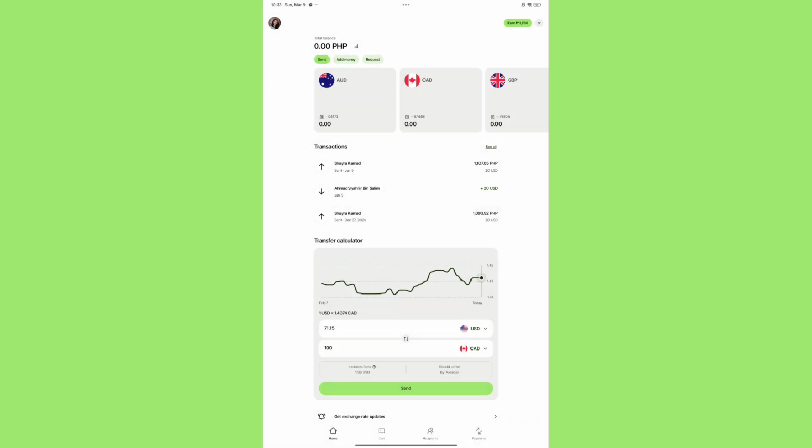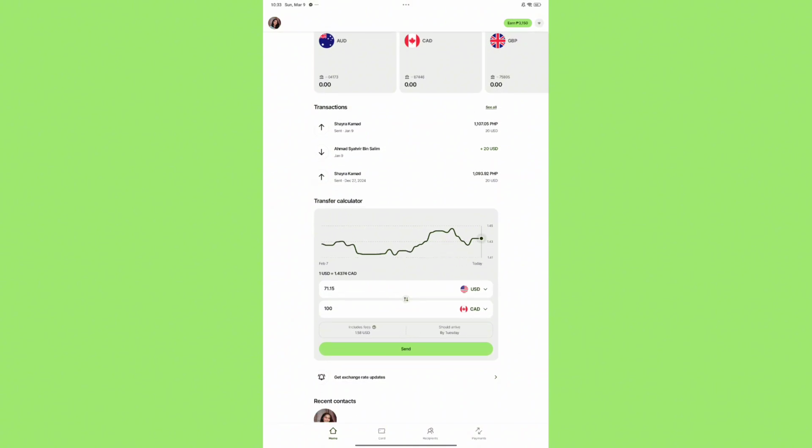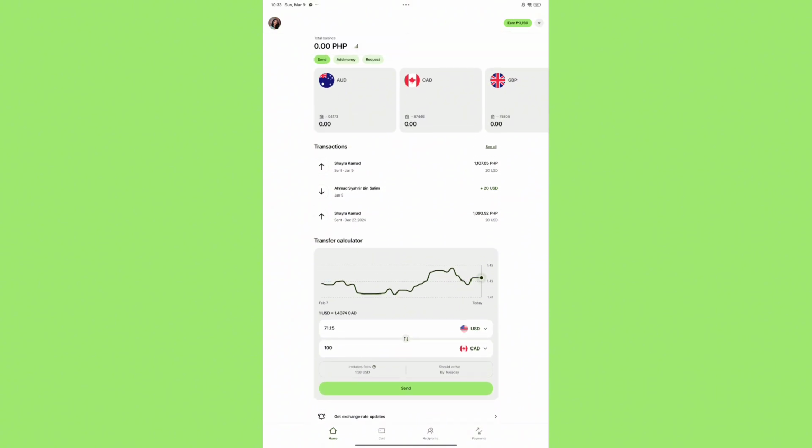To avoid delays or repeated verification requests, use your real name and details when signing up. Start with small transactions to see if verification is triggered, and if sending or receiving money, be ready to verify when asked. While you can create and explore a Wise account without verification, you'll eventually need to verify for most